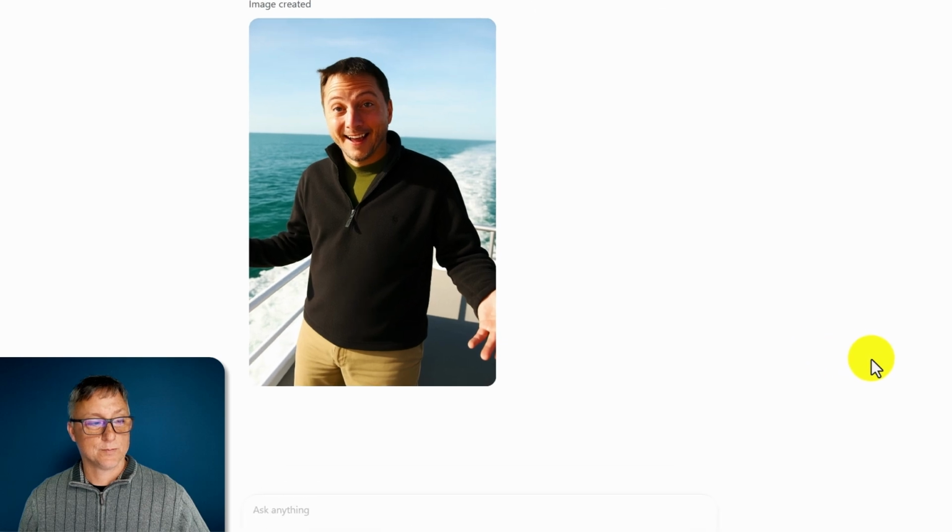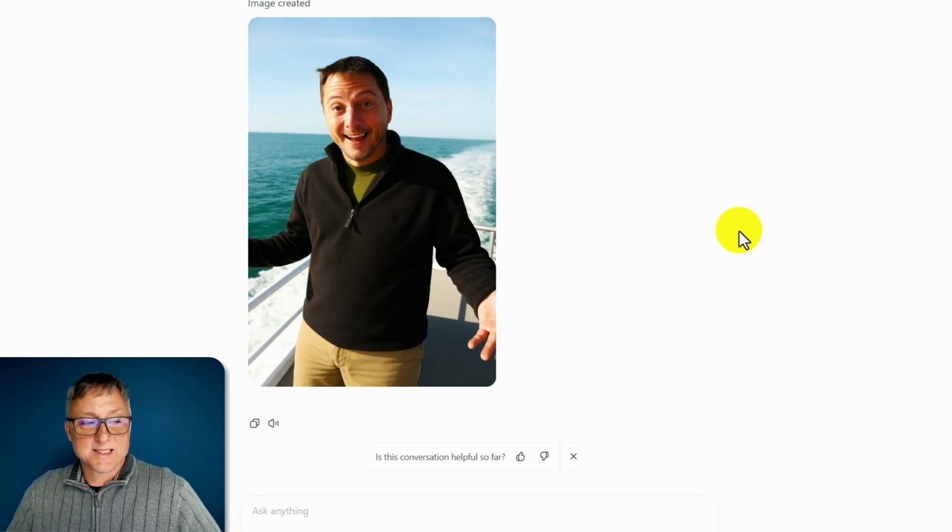Okay. So it did a partial job. Now, if you look at this image, it does have the Australian sky, the boat wake, things of that nature. It's paid attention to where the shadow should be, and I think that's pretty good, although I'm sure somebody on the internet could argue that those shadows aren't perfect. The face isn't bad, but I have to say, I know me pretty well, and that could be a cousin of mine, but it certainly isn't me.